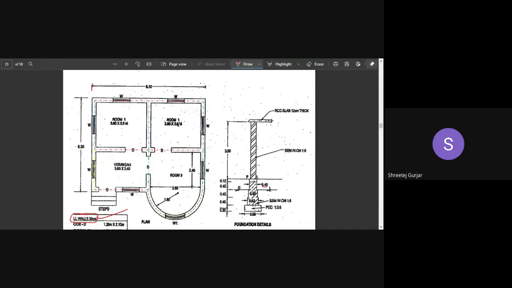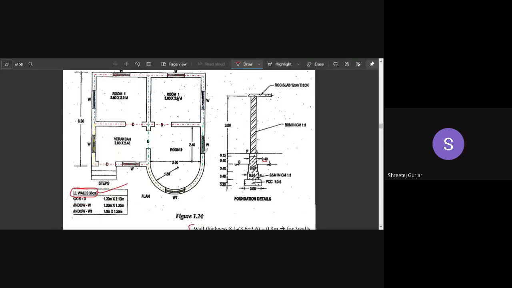So if they give different wall thicknesses and different foundations in the exam, which I think is the second or third numerical which we had solved, right? Which had 2 different types of walls. Internal walls were different and external walls were different, right? So if that kind of numerical is given, then the items of quantities which you have to calculate will be less in number. Only some 3 or 4 will be given.